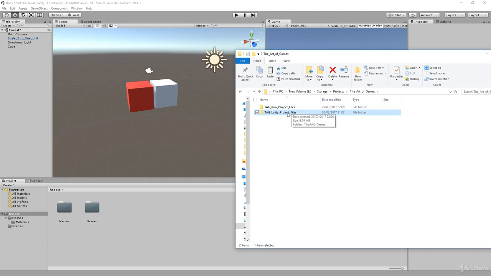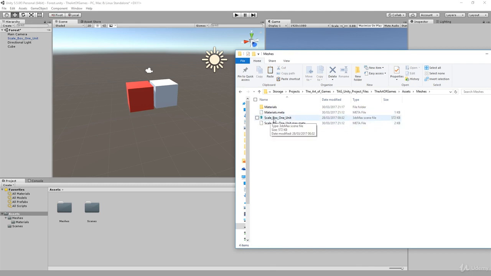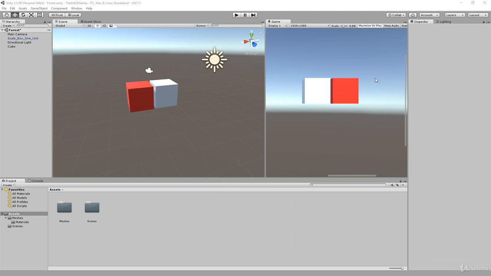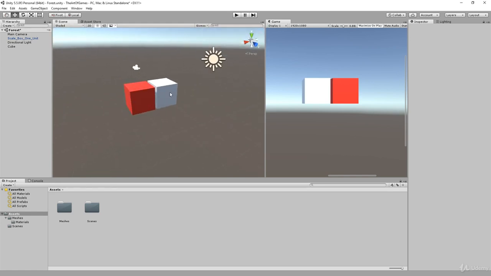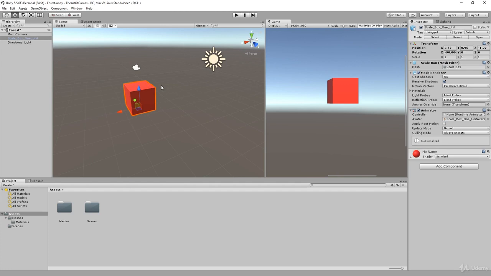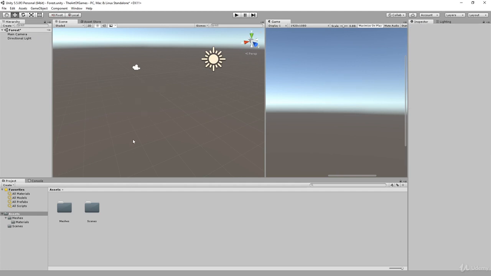So for example, inside here, we have our meshes folder. It's got scale box 1 unit. Okay, so let's move that away. And let's imagine our scene is really full. We've got hundreds of objects in the scene, and we're like, I don't want that one in my scene anymore. I don't want that in my scene anymore, and that's fine. So it's gone.